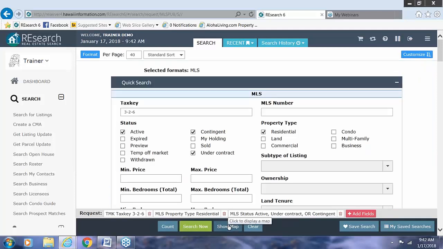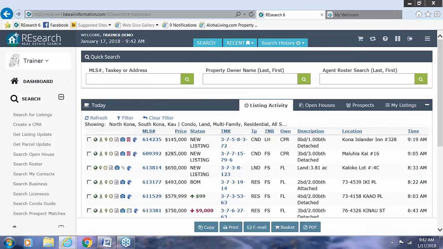Now there's other ways before we actually get into doing a search. The search is the main recommended way when you're looking for a property. Hopefully you know which property you're looking for. If not, hopefully you know what area you're looking for. But even at dashboard, when you're looking at this listing activity, the one line of information, which is pretty common throughout the system,